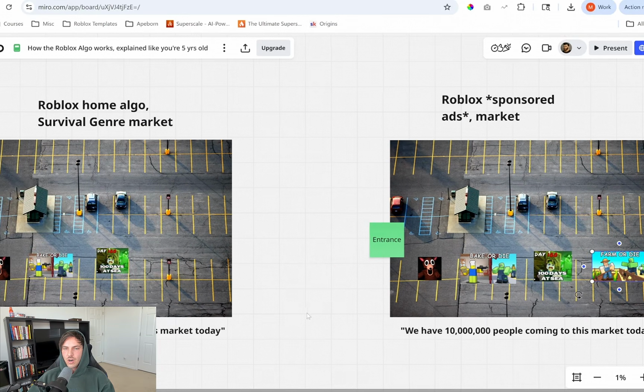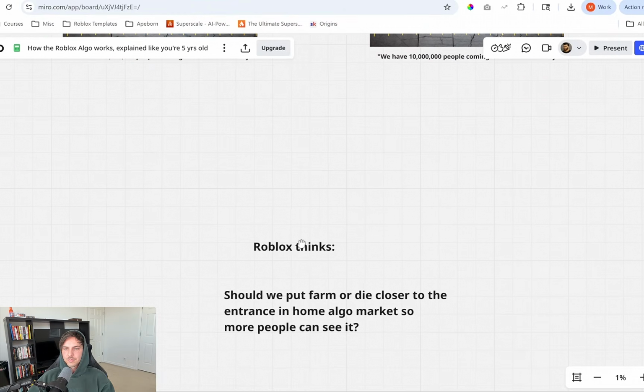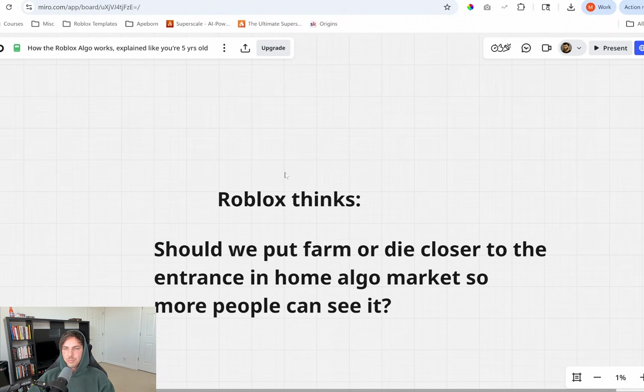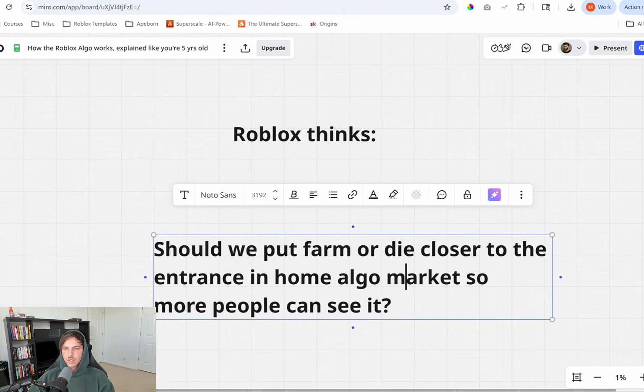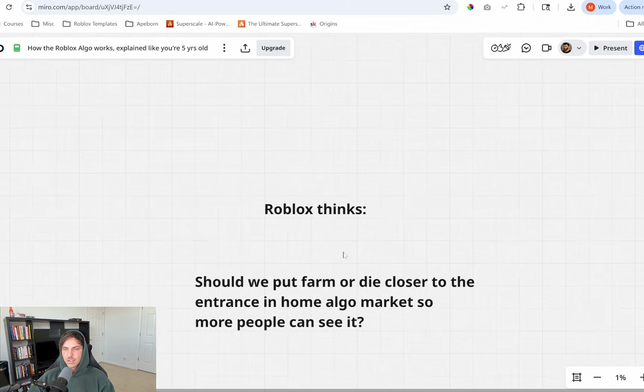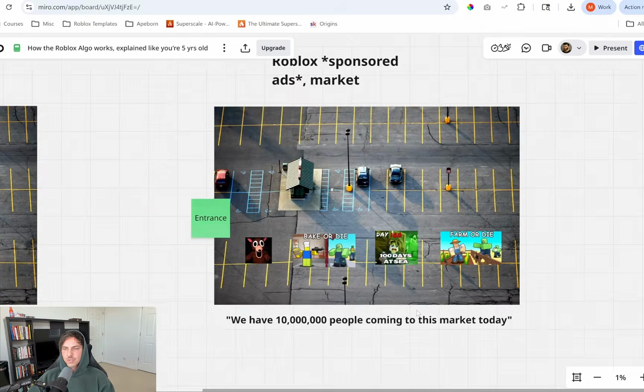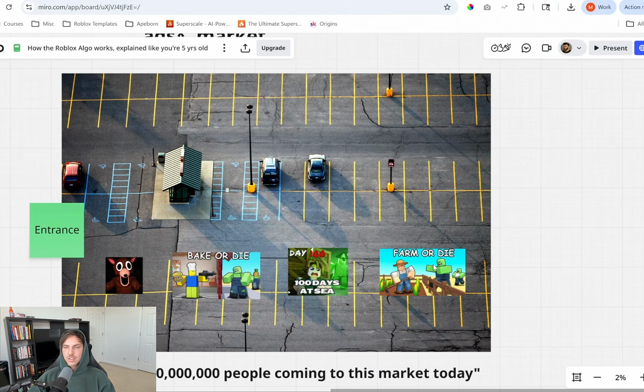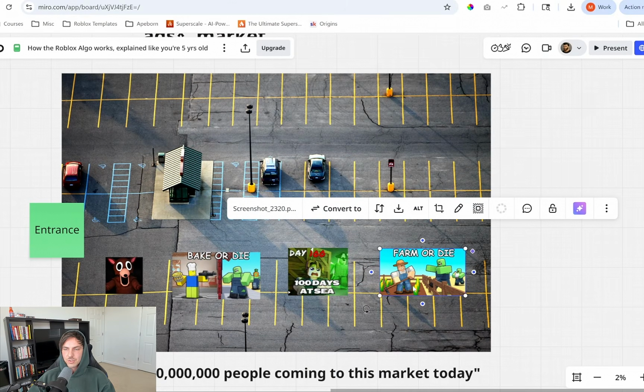Because Roblox is always trying to determine, should we put Farm or Die closer to the entrance in the home algo market so more people can see it? And when they're asking themselves that question, they're looking at your stats. So if you start running ads and you haven't updated your game to improve any of your stats, and